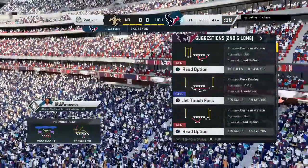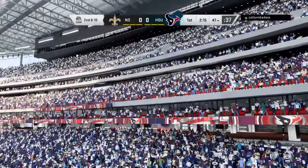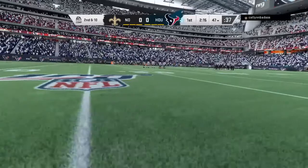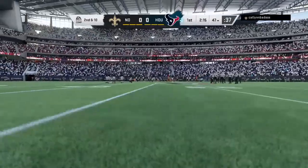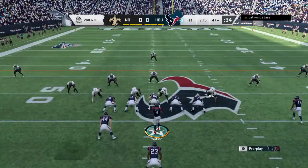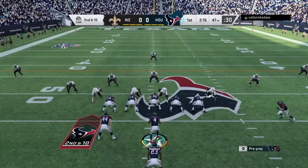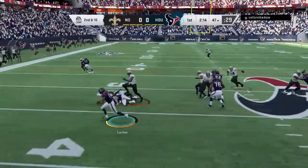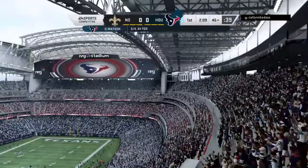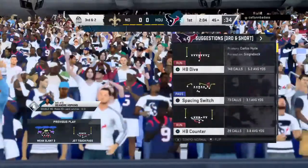And now a throw on 1st down there, but it's incomplete. Will Fuller was the intended target, but it's going to be 2nd down. So after the incompletion on 1st, now 2nd and 10. Let's go, baby. And he's going to take this across the 50 and into Saints territory. A nice job to get 8 there after the incompletion, and now they'll look at a 3rd and 2 coming